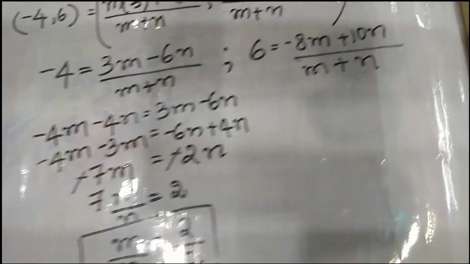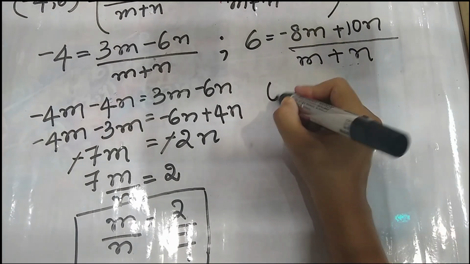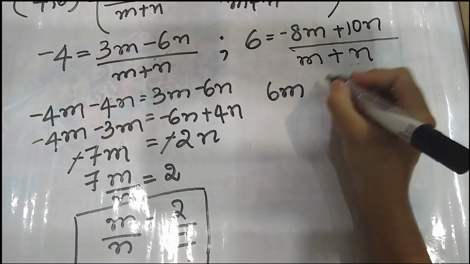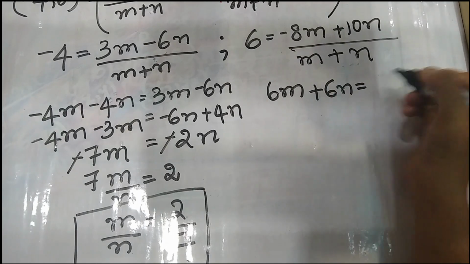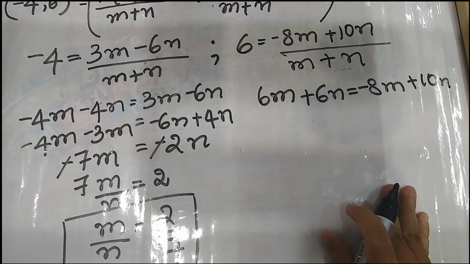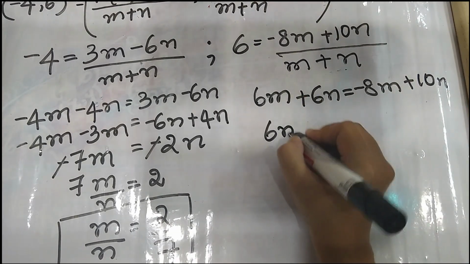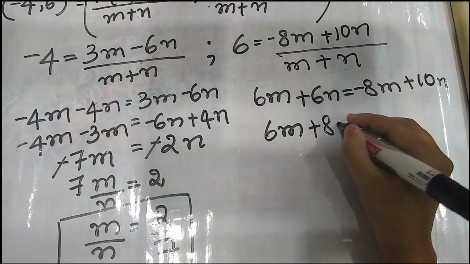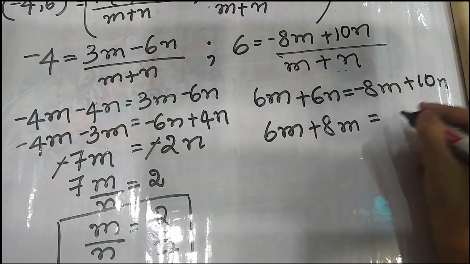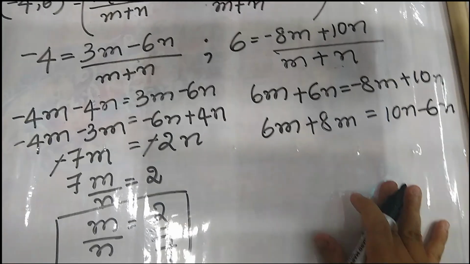Only then we can say that the ratio 2 by 7 is right. So we're cross multiplying here, so 6m plus 6n is equal to minus 8m plus 10n. So we take m on one side, n on the other side, so 6m minus 8 becomes plus 8